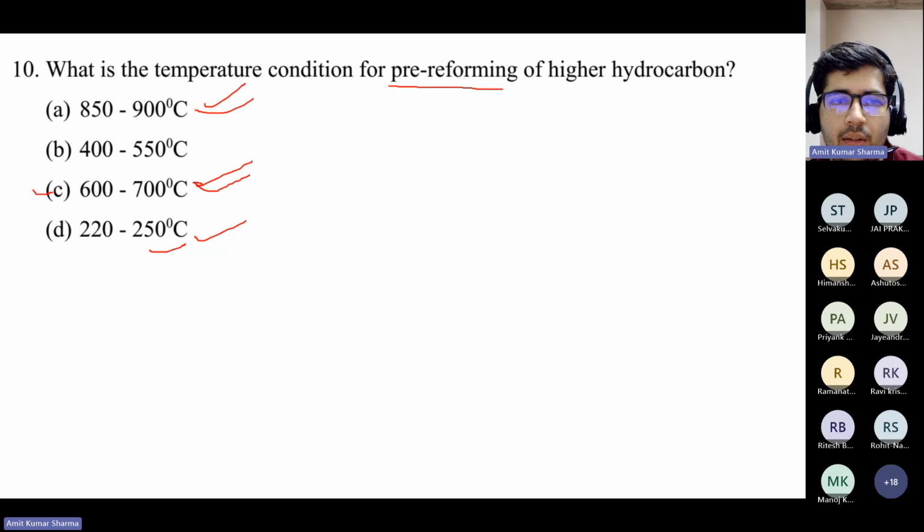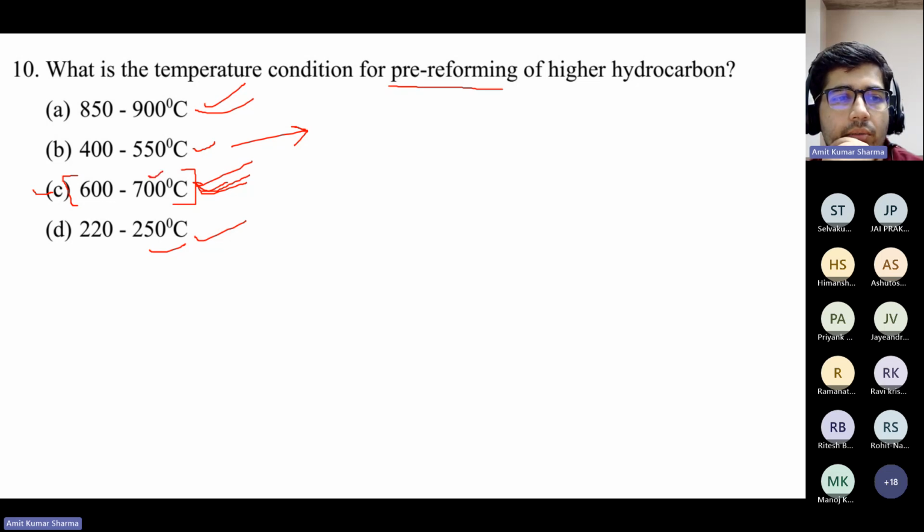because for reforming, if you are using this temperature, then what is the meaning of using this for pre-reforming? Basically, in the pre-reforming reactor itself, most of your gas will be reformed. Suppose you are using this temperature range for pre-reforming, then maybe 50% of your reforming is happening, or maybe 40% reforming is happening. But if you are using this range, then maybe 70% reforming is already there, and there will be severe side reactions, because this temperature is very prone to severe side reactions, the Boudouard reaction,